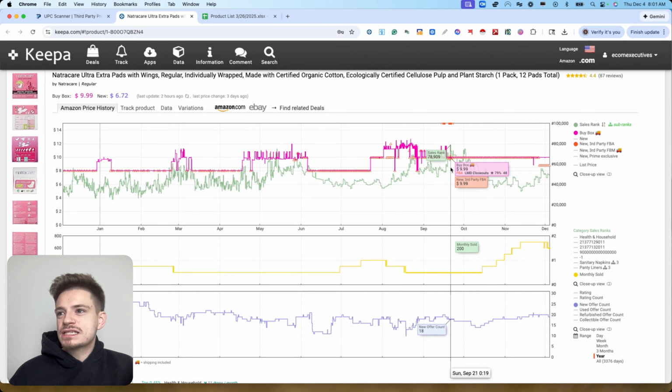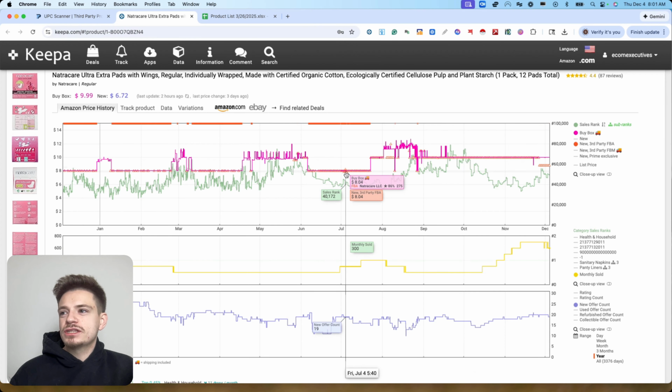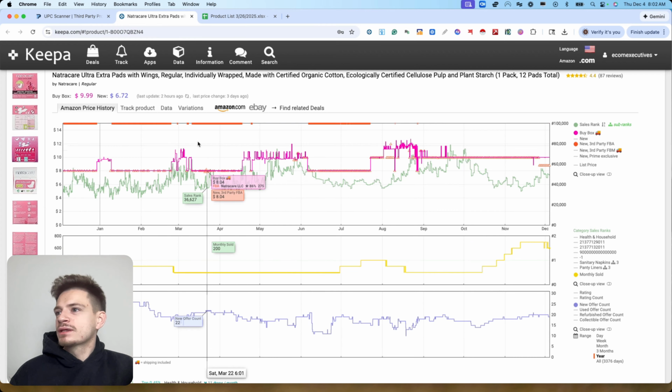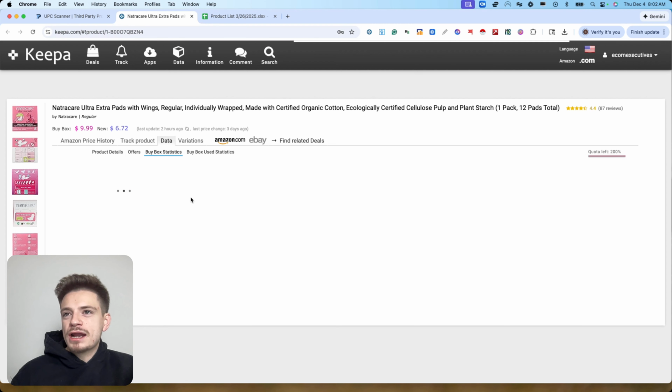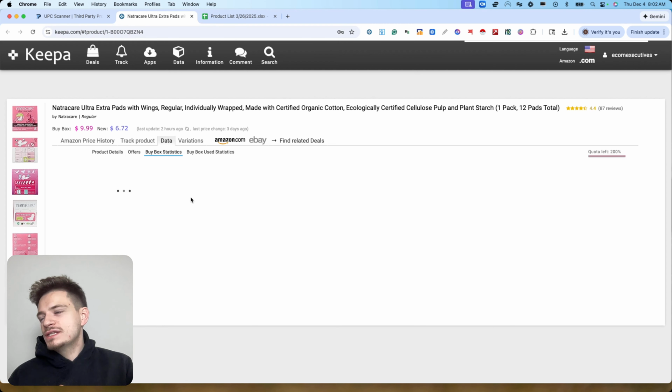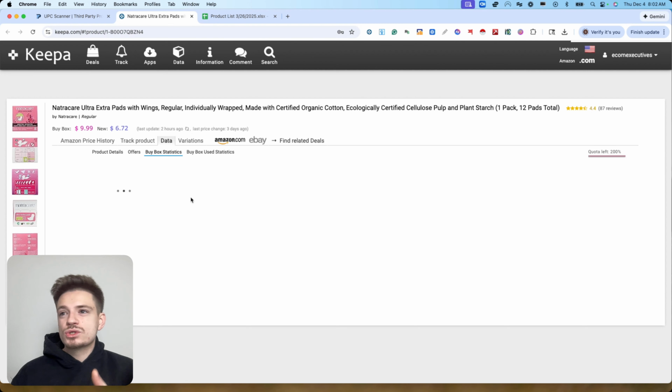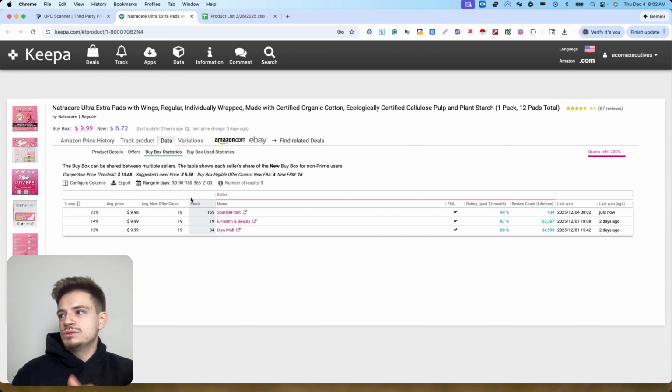But immediately, I see one seller really dominating this listing called Sparkle Front. I also see the brand on the listing back here. So this is an indication for me that this product might not be the best. It's a low ticket item. It seems like one seller so far is dominating the buy box. We're going to validate that with the buy box statistics on Keepa. And once I get those two data points, like 73% from that one seller,